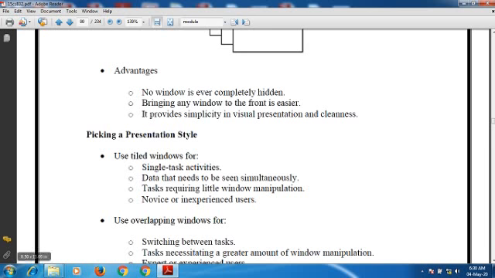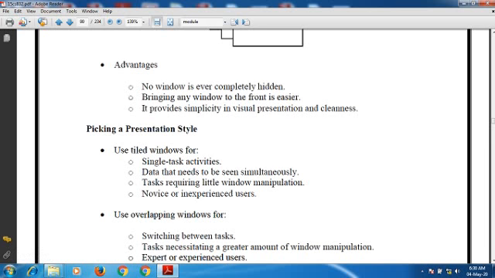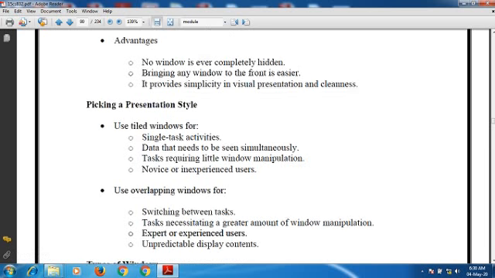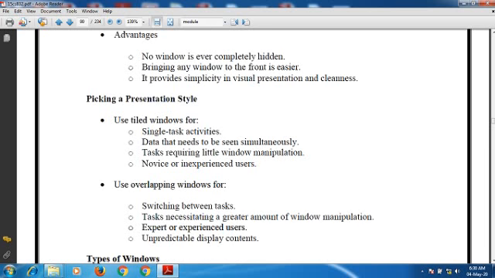We use overlapping windows when we are performing multiple tasks and switching between these multiple windows continuously, for a task necessitating a greater amount of window manipulation, or when we have an experienced user.